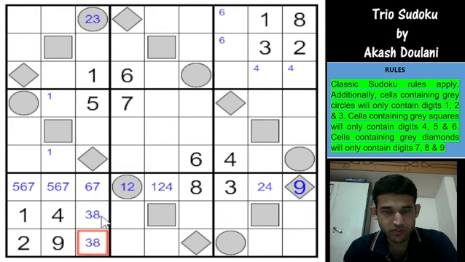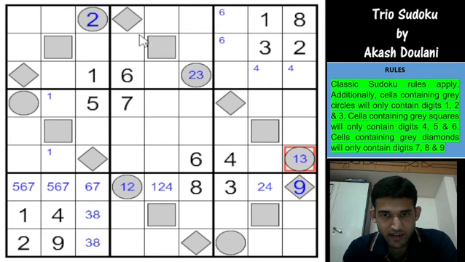And of course 3 is not possible, so this becomes a 2. And one more circle is here, so this is 2 or 3 because of the 1 here. Again you have a circle, so this is 1 and 3. So wait, look at this theme, guys. I didn't even notice this. You have a circle, you have a diamond, you have a square. Circle, diamond, square. Circle, diamond, square.